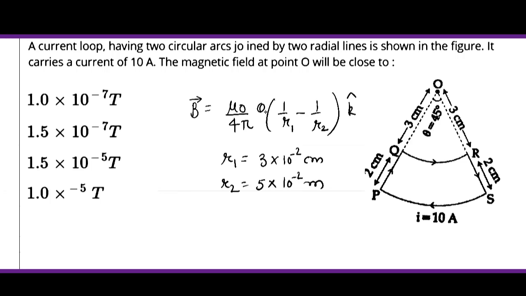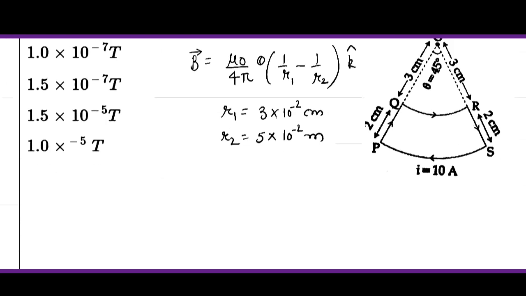Now theta is 45 degrees, that is pi upon 4, and the current is I, so we will use the current. So using this formula, we find the magnetic field, that will be equal to 4 pi into 10 raised to power minus 7, and the value of theta is pi upon 4, so it will become